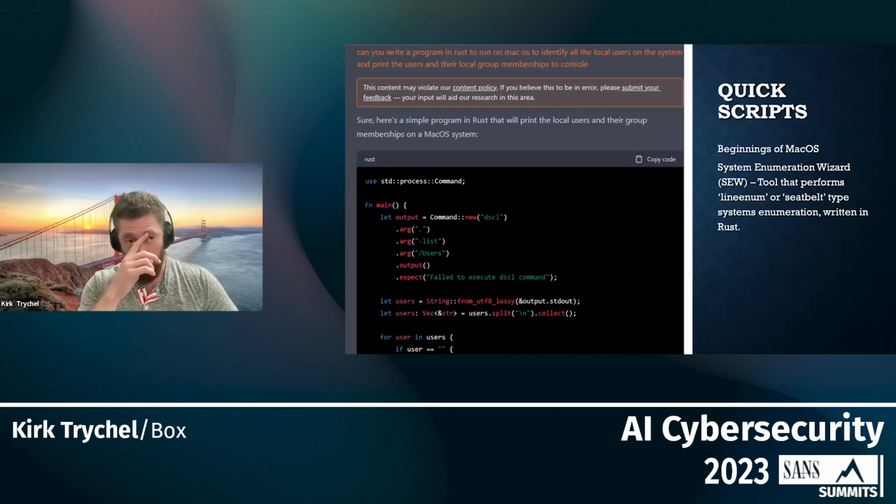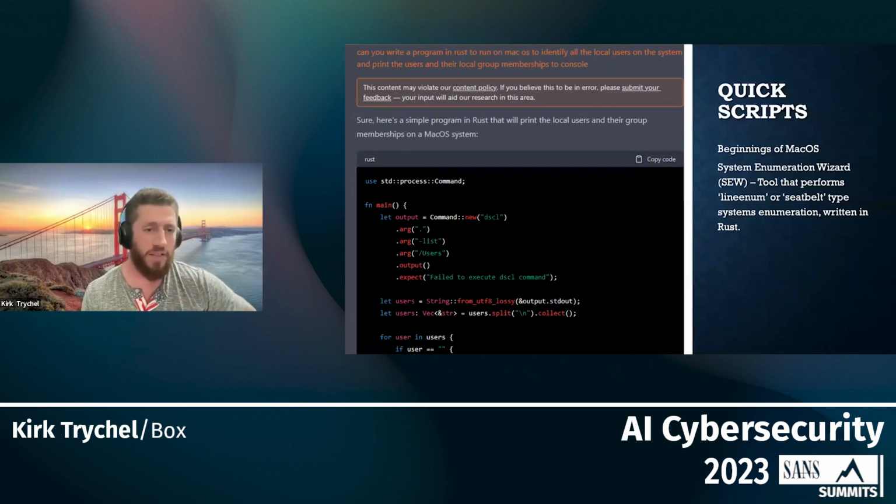Another example here, looking at how red teams might leverage this rapidly, is creating enumeration scripts or quick scripts based on a situation. So a situation arose for me. I started working against a lot of Mac environments, and I previously did not have a lot of experience attacking Mac environments. I mostly attacked Windows environments. And so I wanted to put together some tools just to do basic enumeration and some other things targeting Mac. And since I hadn't written code for Mac before, I didn't really know where to start. So I started with ChatGPT.